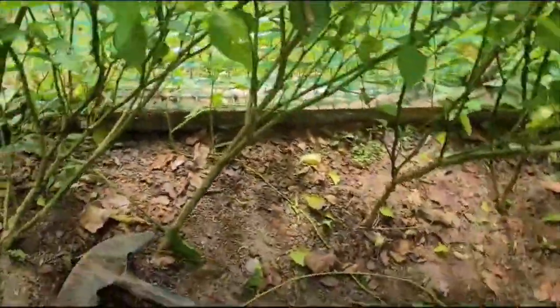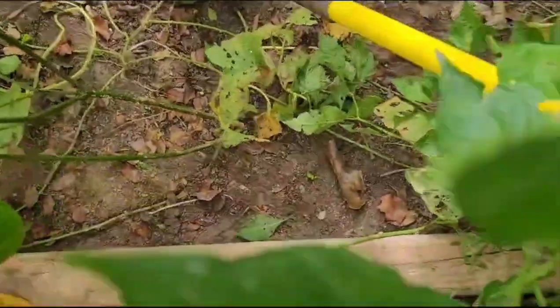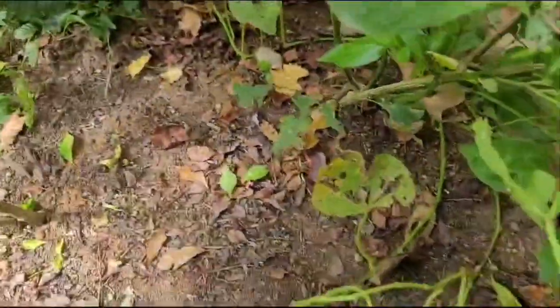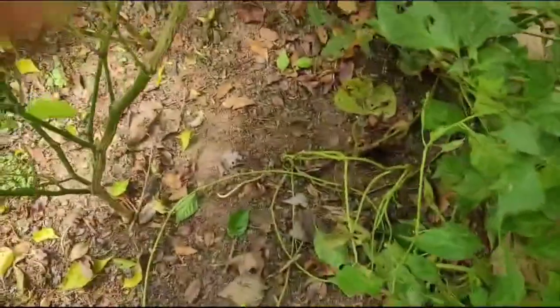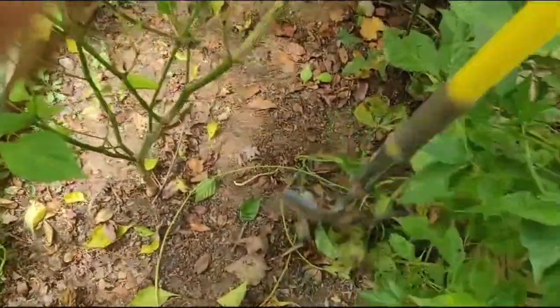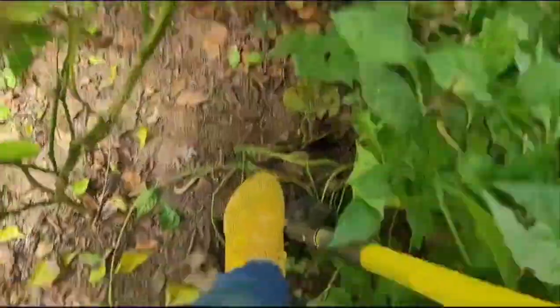So down here, as you can see, I planted some sweet potato. I'm telling you now, there's more than one that I planted, but I'm gonna test this one right here to see what I can get out of it. If there's something there, there's something there. If not,